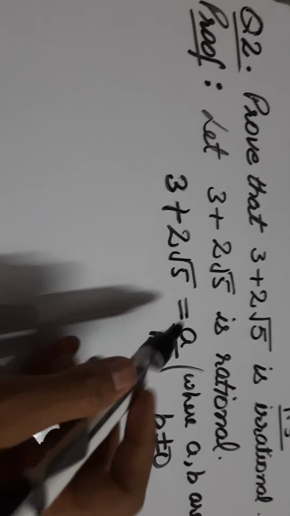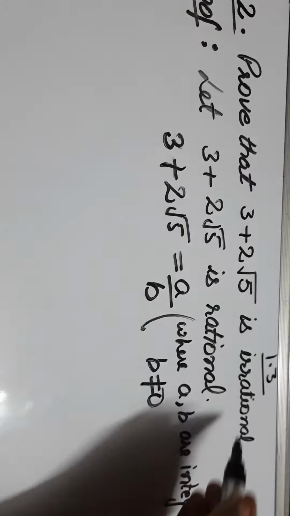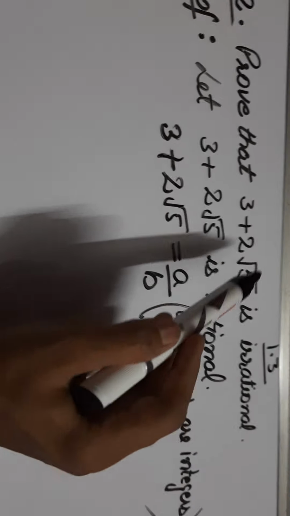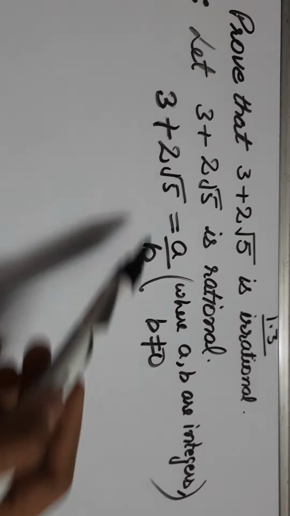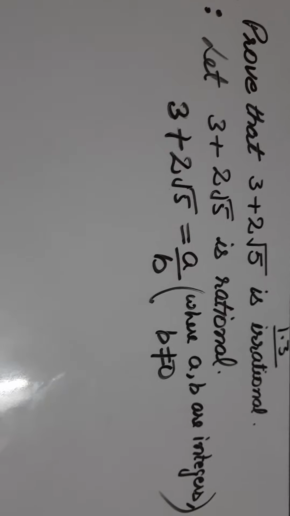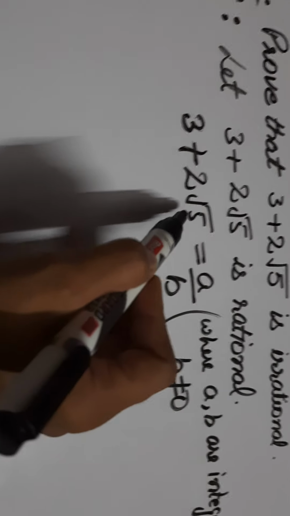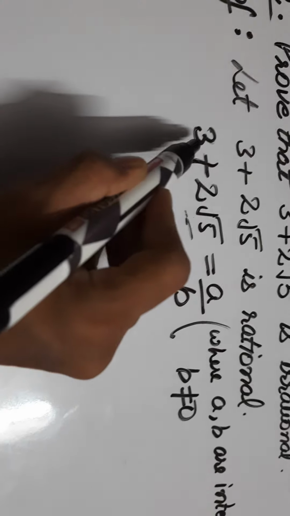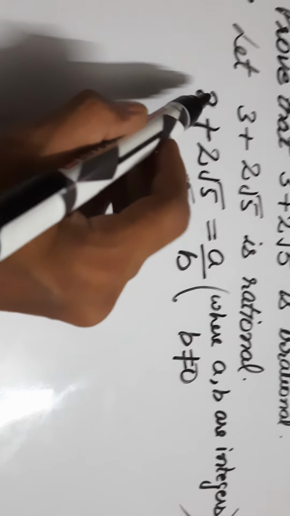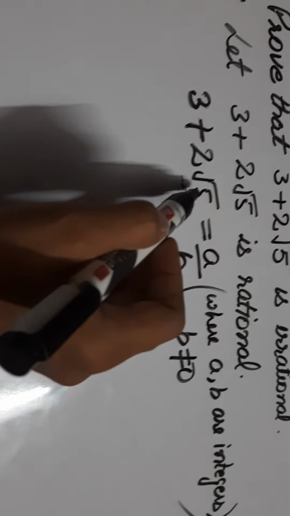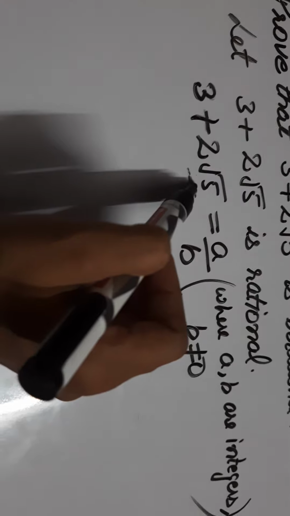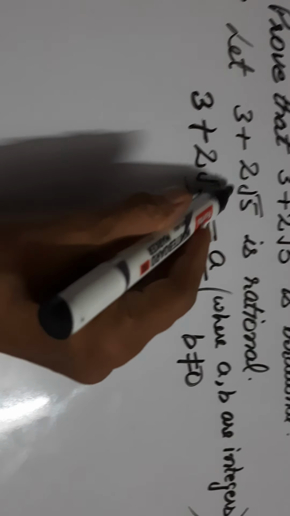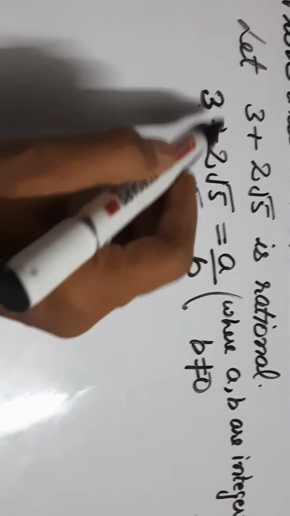So now next step, आपको बेटा first step हमारा ये रहेगा, this is our first step. If the question comes for 3 marks, you will get 1 mark for this step. इस step के लिए आपको 1 mark मिलेगा. Now for the second step आपको क्या करना है? The number which is rational. There are 3 numbers we can see in this part: 3, 2, root 5, right? And as we know that the square root of any prime number is irrational with the help of the theorem, तो हमें पता है root 5 irrational है. But 3 and 2 are integers, और कोई भी integer rational number होता है, we know.